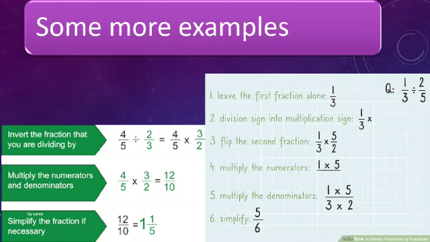That is equal to 1 whole 1 by 5. See another example again, 1 by 3 divided by 2 by 5. See the process again, we are going to discuss it. Leave the first fraction alone. It means what? We have to leave the 1 by 3. And now the division sign changes into a multiplication sign. We are going to write multiply. Now flip the second fraction. Flip means we have to take the reciprocal. And what is the reciprocal of 2 by 5? Reciprocal of 2 by 5 is 5 by 2. Now we have to multiply the numerators separately and multiply the denominators separately, and we get the result 1 into 5 by 3 into 2, that is equal to 5 by 6.